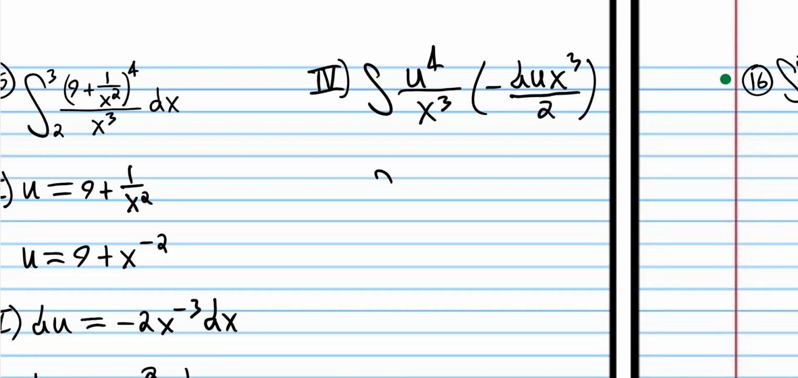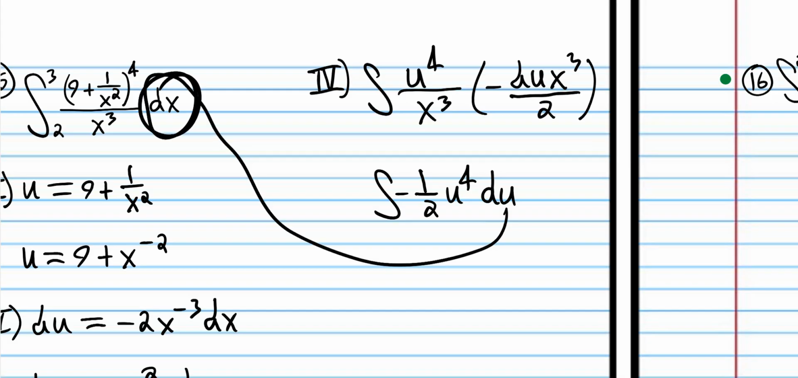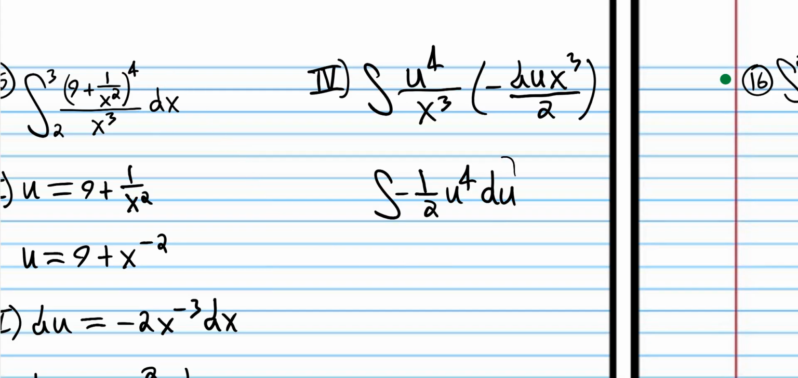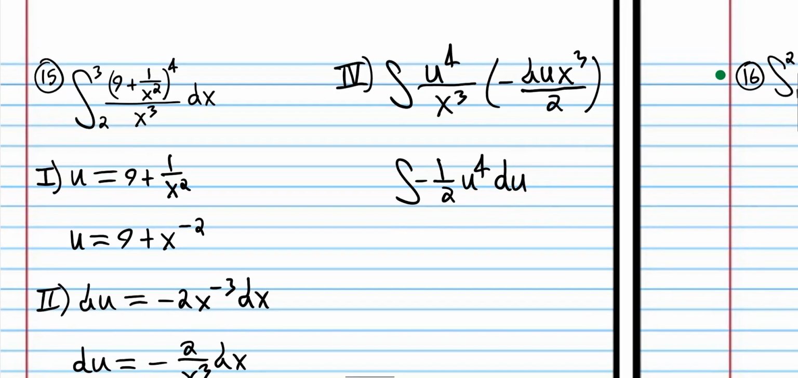So we get the integral of negative 1/2 u to the 4th power du. Now again, du is not an ornament, it's an actual thing, which is different from dx, which is not a thing. But we're pretending that du is not a thing. Also, we're pretending that it's an ornament just like dx,